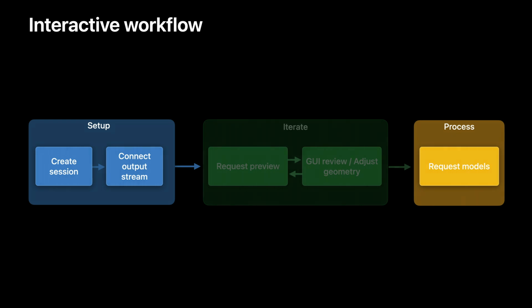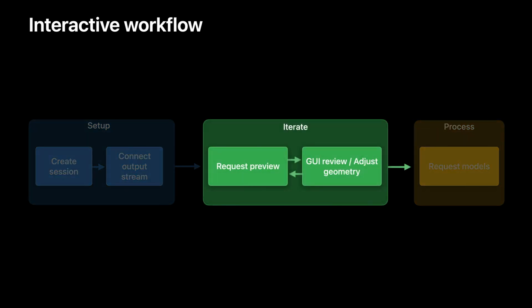However, notice that we've added a block in the middle where a 3D UI is presented for interactive editing of a preview model. This process is iterated until you are happy with the preview. You can then continue to make the final model requests as before. You first request a preview model by specifying a model request with detail level of preview. A preview model is of low visual quality and is generated as quickly as possible. You can ask for a model file and load it yourself, or directly request a RealityKit model entity to display. Typically, a bounds request is also made at the same time to preview and edit the capture volume as